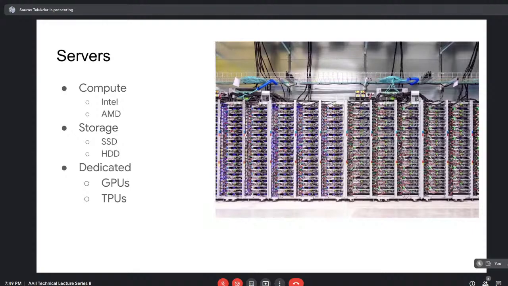Finally, I want to get into what we call dedicated servers. Dedicated servers, I should say, are the most recent technologies for servers, in the sense that I think these have started to exist maybe around 2010 or so. Compute, like regular computer-based servers, have been around for a while. Storage too, like SSD, is probably still a newer technology though. But these dedicated ones are fairly new in the market,